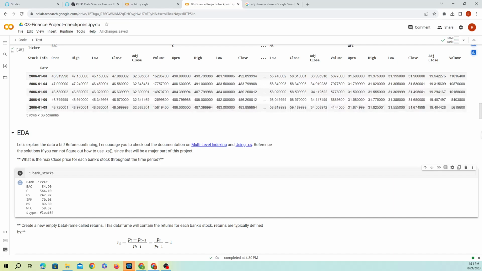So we're going to do an xs, and we're going to put the key value, which is going to be our closing. We're looking for the close column. Because it's the column, we need to specify axis 1. The level, right? There are different levels. If we go to the ticker, that's going to be the bank. But if we go to the stock info, right? Because we're looking at the close, that should be the level with the stock info.